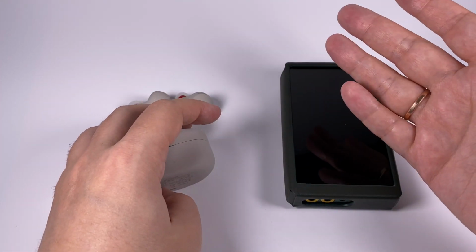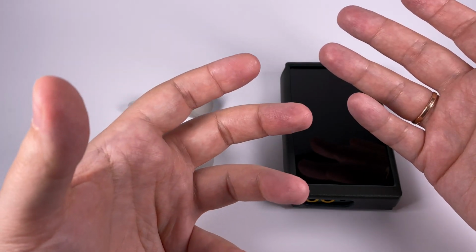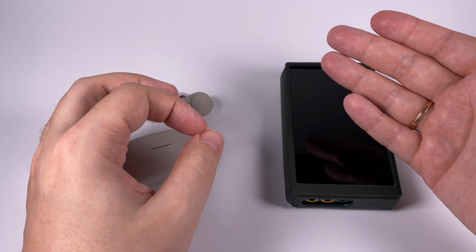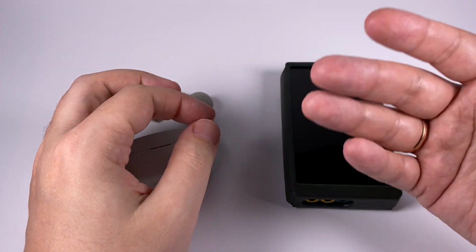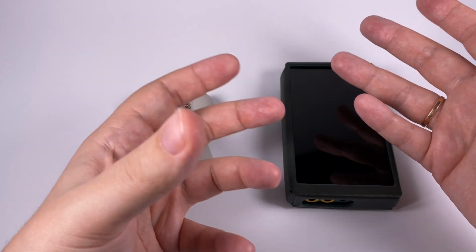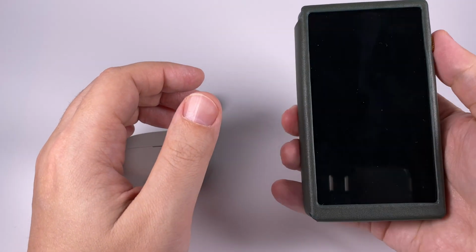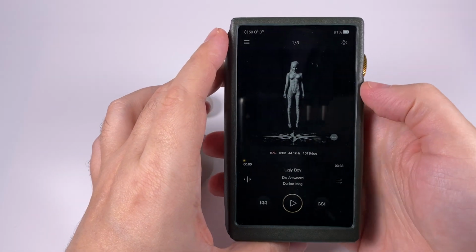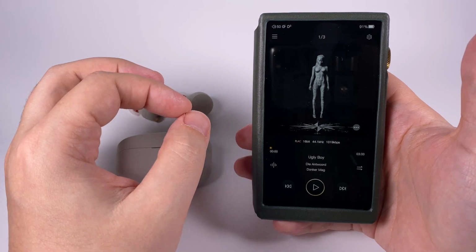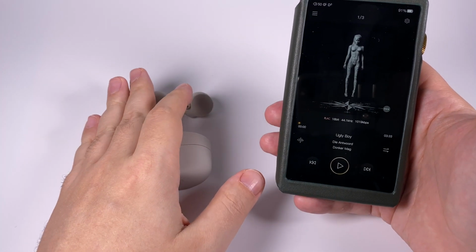Of course, the model suits electronic music and pop music more, genres that benefit from mighty powerful low frequencies, but at the same time, even with acoustic instruments, you'll still get that highlighting for the low notes, and it sounds engaging. So a bit of engagement and energy over naturalness, but it sounds really pleasant and done in a proper way. And as a clear, good example of such music, it's Ugly Boy by Die Antwoord, and there is a lot of deep bass, a lot of mighty punches, and these earphones deliver it nicely